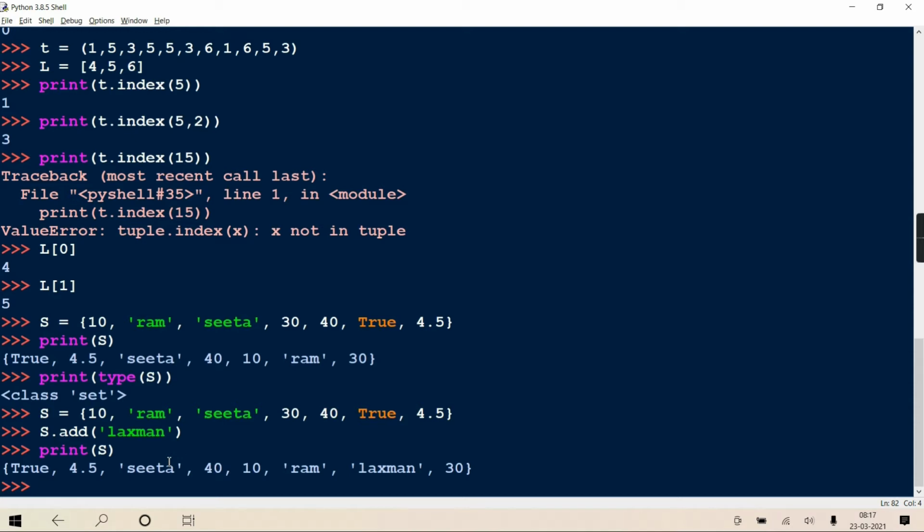Insert is not there. You cannot insert at your given position. So extend, insert, append, these methods of list are not applicable for set. But set has given the provision called the add method. Instead of append, add. It says you can add an element, but I won't guarantee where it will get added. It totally depends on the hash function. So if I'm writing s dot add Lakshman, Lakshman will go to the hash function, which will generate a bucket number, and at that bucket Lakshman will be stored. That bucket number can be anywhere. Clear?